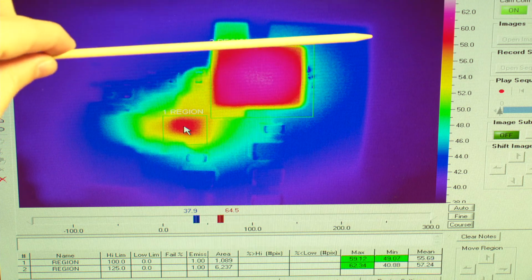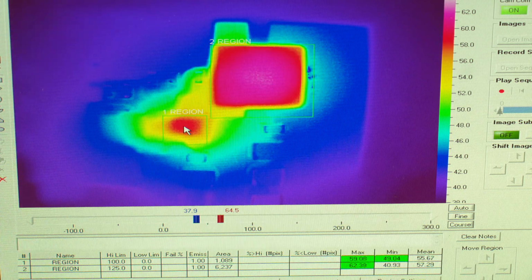Over here by the inductor, you can see there is a thermal break in that copper break that I was talking about before. And that copper break there is for EMI reasons, and you can see its effect on the thermals. Now, if we look at the temperature that the IR camera is reading, it's reading around 59, maybe 60 degrees C. We know that that's going to be very close to the junction temperature because the psi JT on this part was 0.1 degrees C per watt. So if we had about 2 watts of dissipation, you're off by about 0.2 degrees C. So we know we're very close to the junction temperature.